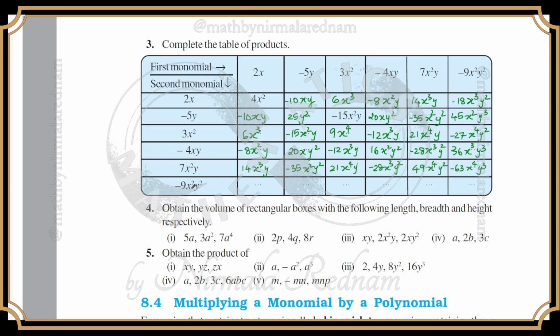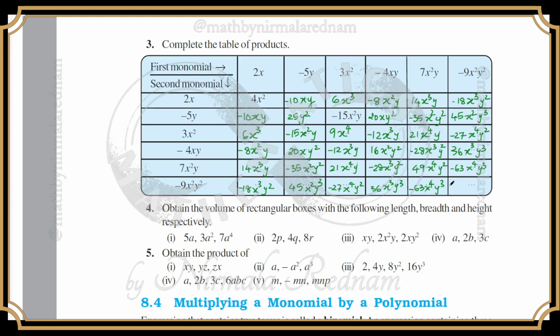Last row: minus 18 x cube y square. And then I have 45 x square y cube. Then I have minus 27 x power 4 y square. Next I have 36 x cube y cube. Next I have minus 63 x power 4 y cube,